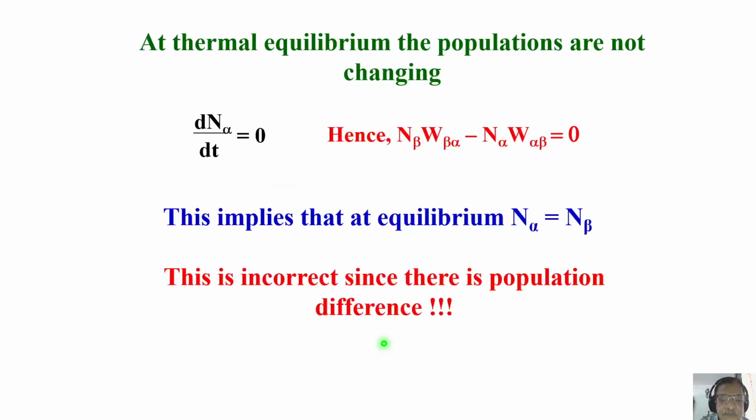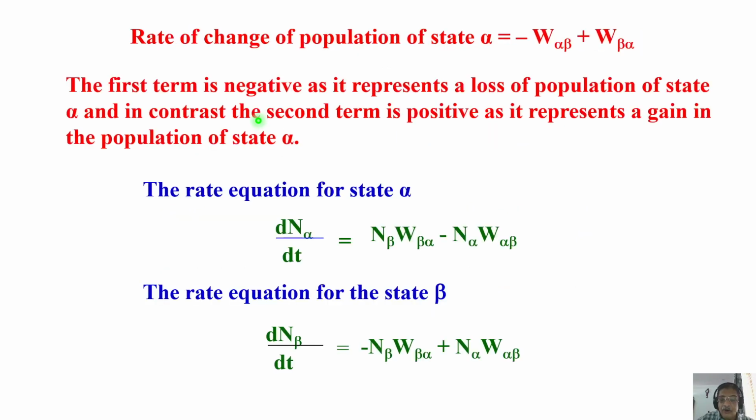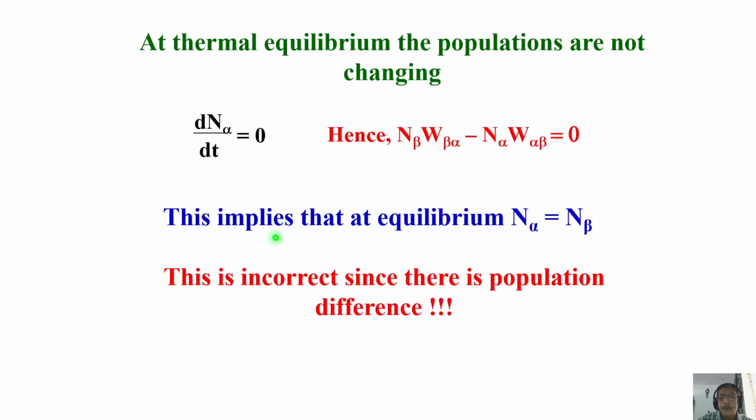Now another thing. What is the thermal equilibrium situation? At thermal equilibrium, populations are not changing. It has attained Boltzmann distribution and then there is no more change of population. That means at thermal equilibrium, the rate of change of population in state alpha or beta, whichever you take, should be zero. That's correct, right? There is no rate of change of population, so we call it zero at thermal equilibrium. Now go back to this equation. Now put it as zero. Equate this term to zero. That's what we do, and we calculate.